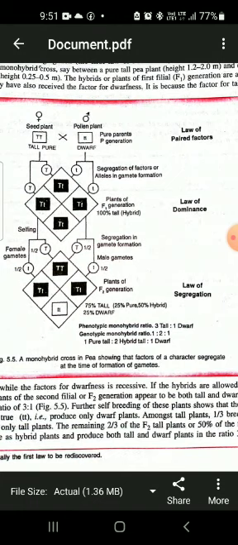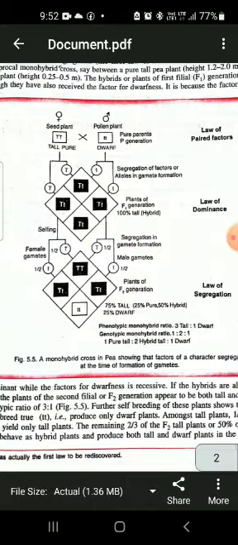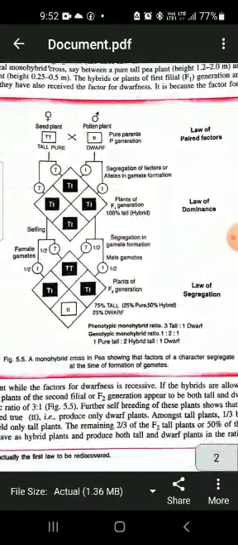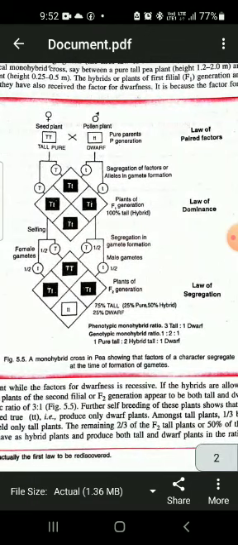75% has two different kinds of allelic combination. One is the completely pair of capital T, which is representing the homozygous tall, and the other two are representing the combination of capital and small t. It is the heterozygous condition of tall and dwarf. So, in heterozygous condition, both the alleles are coexisting in the individual, but the capital T, that is the dominant allele, is able to express, and when the crossbreed or the crossing or selfing of these